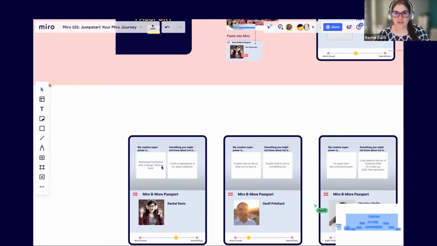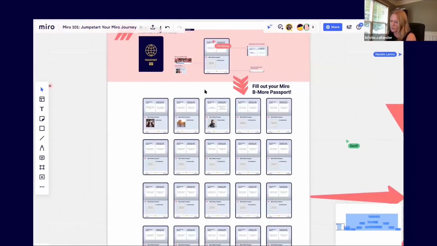Just quickly introduce yourself, and tell us what drew you to this session. Yeah, so I am a user experience designer, and I'm always interested in learning about new tools and processes. As with many teams, our team is fully remote now, so I think it would be great to get them onto some sort of whiteboard collaboration tool. We did a lot of whiteboarding when we were in the office, and it's just sort of fallen by the wayside. So I'm looking forward to learning more about this tool.